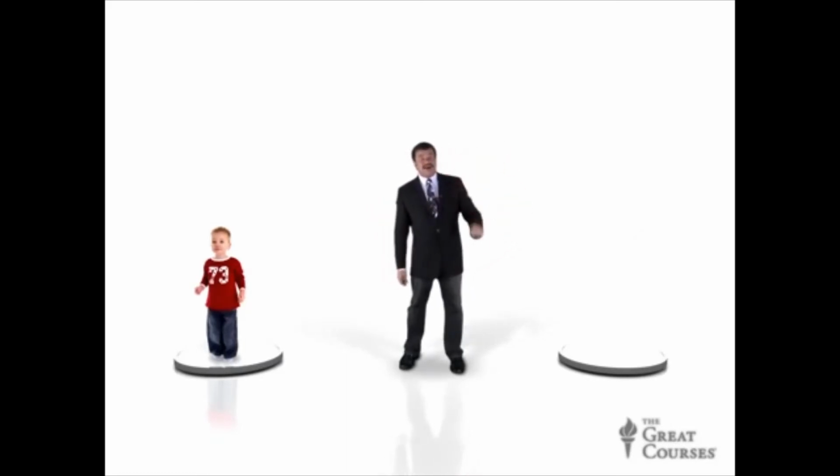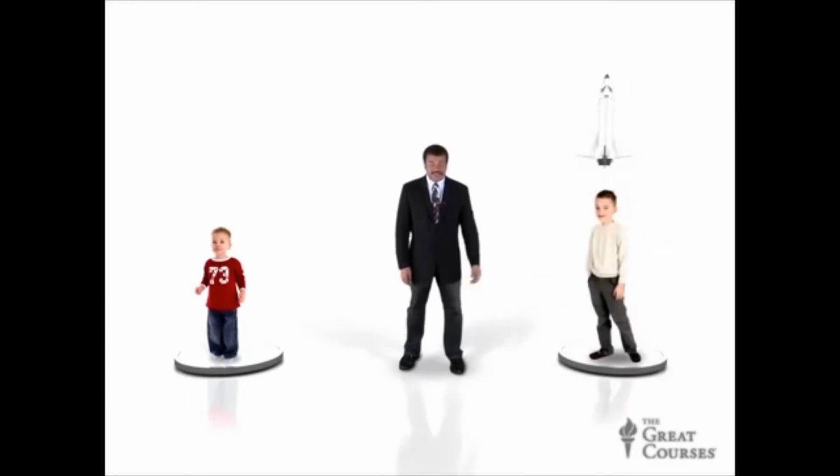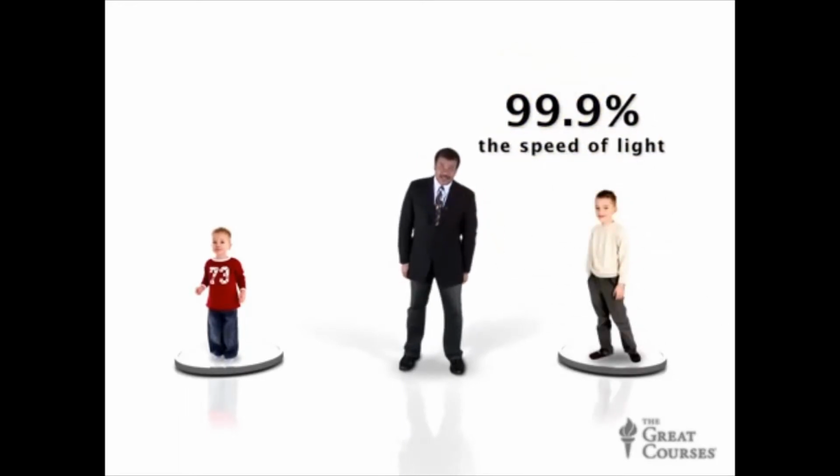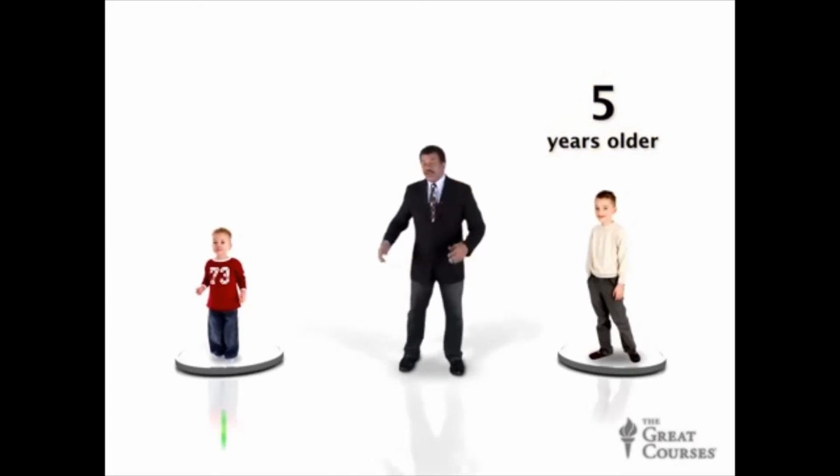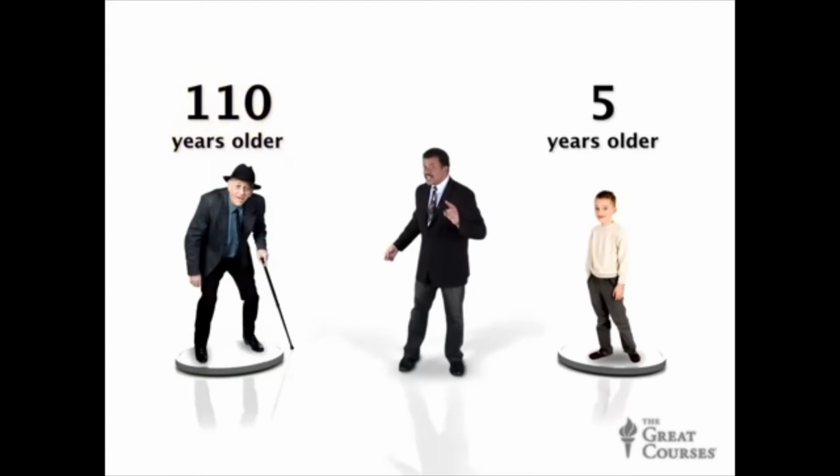This twin that traveled for 5 years and comes back, if they went at 99.9% the speed of light, after 5 years, they're 5 years older. We have aged 110 years. It's called the twin paradox. It's only a paradox if you think about it in sort of classical terms. How could that be? But in relativity, there is no paradox at all. That is a fundamental feature of what happens when all you do is presume that the speed of light is the same for everybody and the laws of physics remain constant.